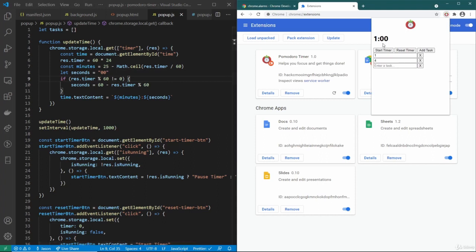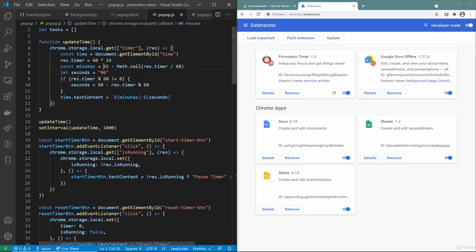This does look correct. I think we probably want to add some padding to this actually, because we want a 0 in front of here, so it looks a little better, so that, you know, it doesn't go from 25 down to like a single digit. It should be like 0, 1, so that the clock face always looks consistent. And the way we can do that actually is by wrapping this inside of a string. So you do something like this instead of the template string,